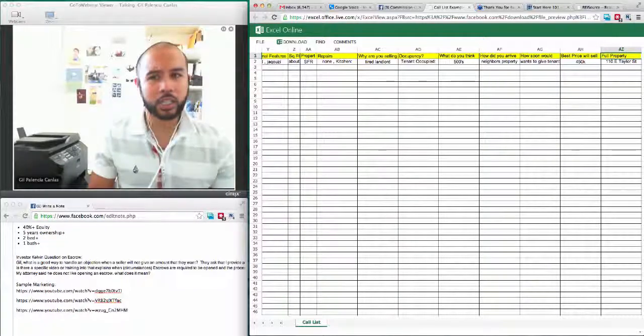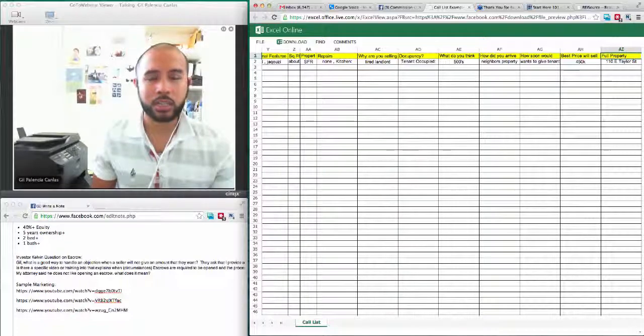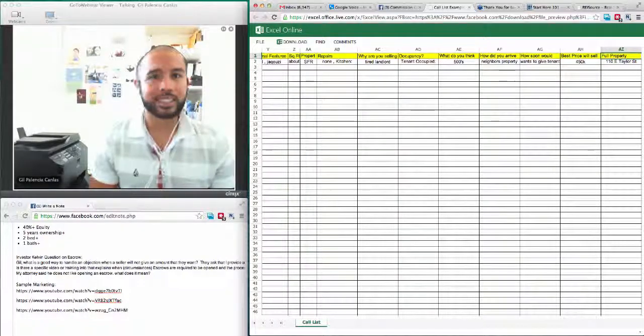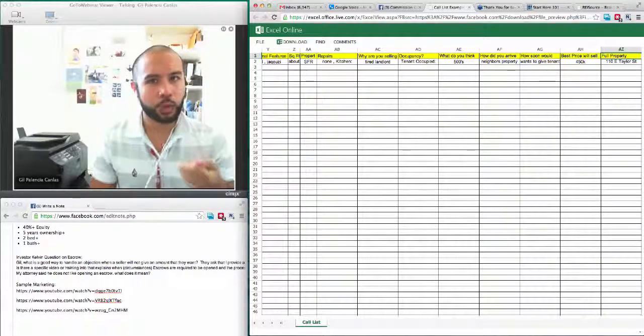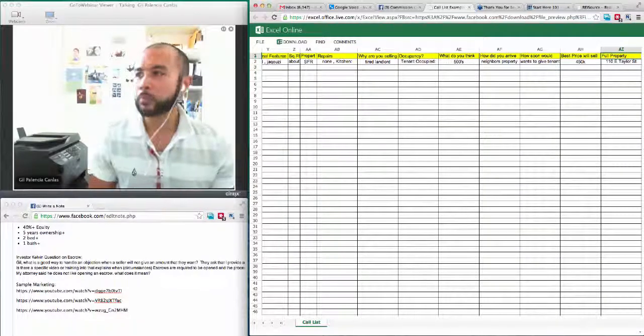And if they don't give you a number, it's like, well, are you sure you guys have thought about selling? It doesn't sound like you've given it some thought, or you know what the house is worth, right? Take some pot shots at them, poke them a little bit, right? See if you can get a reaction out of them, right?